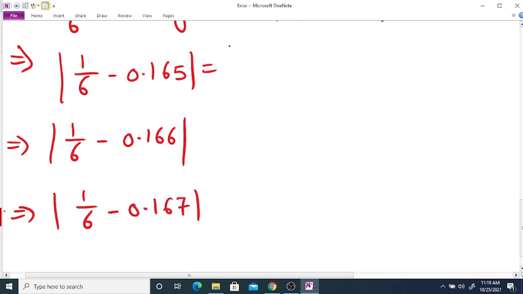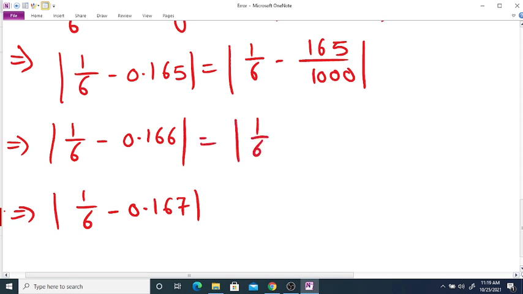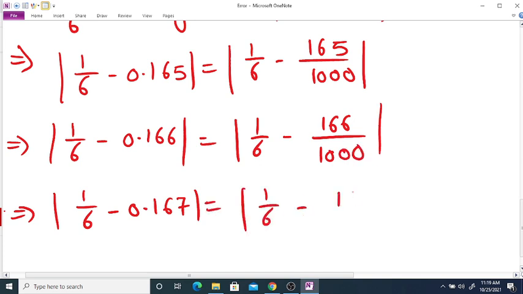If you simplify this, it is equal to 1 by 6 minus 165 divided by 1000. Again it is 1 by 6 minus 166 divided by 1000, and here it is 1 by 6 minus 167 divided by 1000. Again if you simplify this,